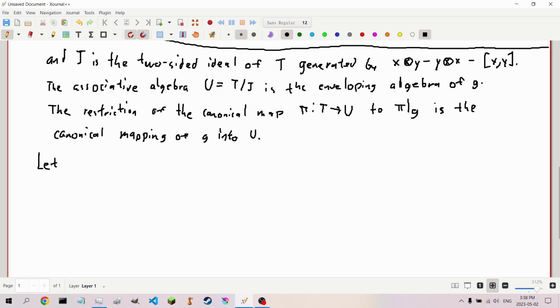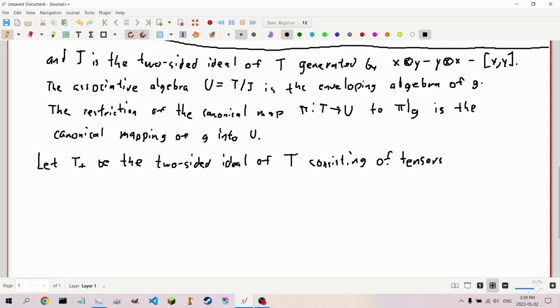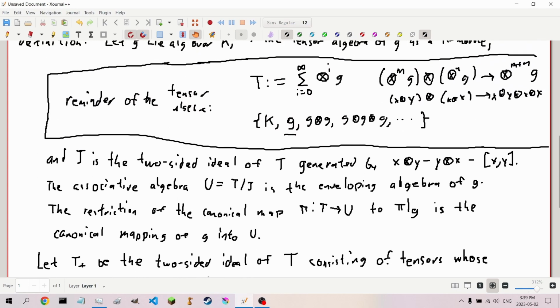Let's get that part off screen, please. And we're going to let T positive be, once again, the two-sided ideal of the full tensor algebra T consisting of tensors whose component of order 0 is 0. So remember from this the tensor algebra here,